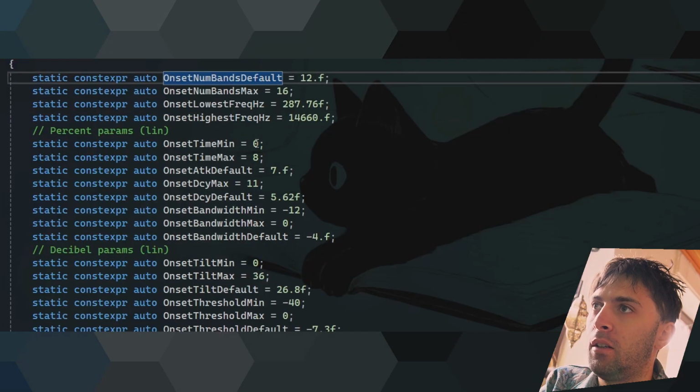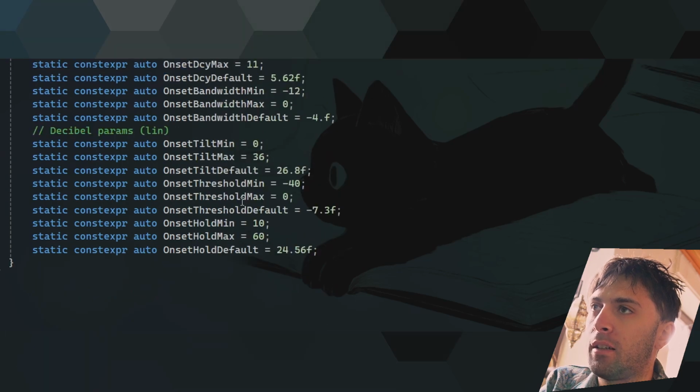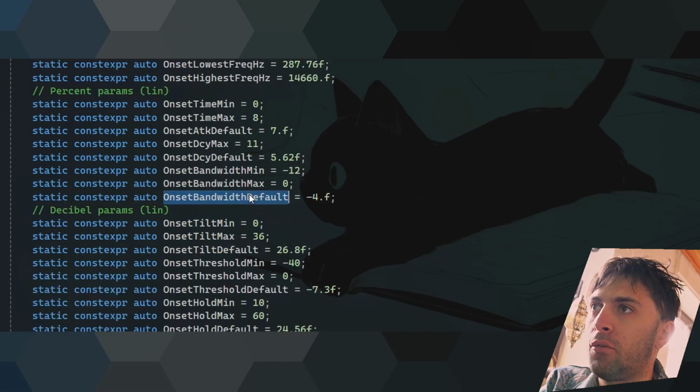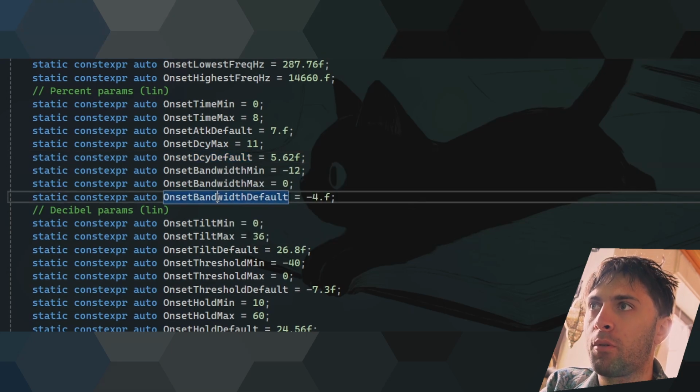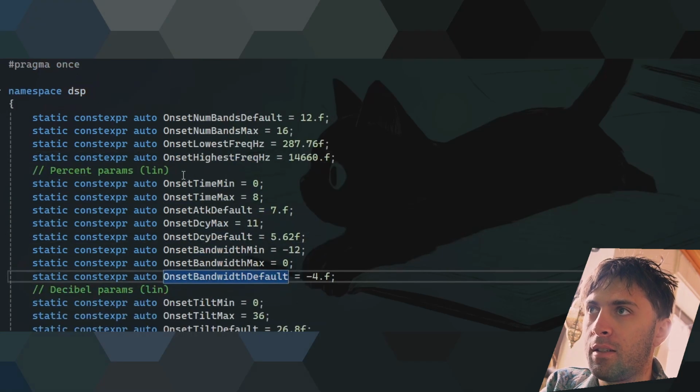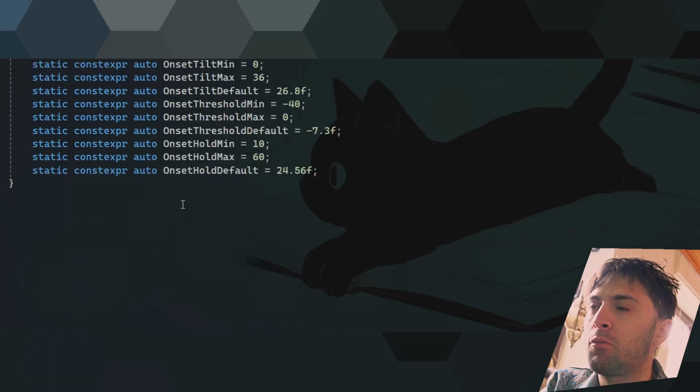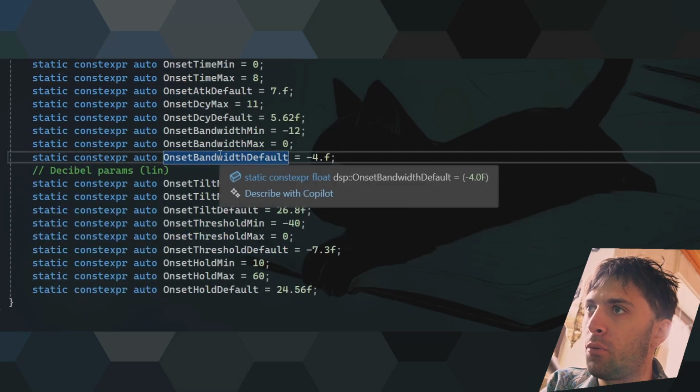First of all, there are a lot of axioms already, which is like hard-coded values, especially the default values are meaningful because at some point when I implement the onset detection, I don't want there to be like 10 different parameters that the user has to set up, because literally all plugins that have onset detection only give you like 3 parameters or something, and most of them don't even have something to do with the quality of the onset detection. So this is like very overkill right now, and I'm trying to reduce parameters,